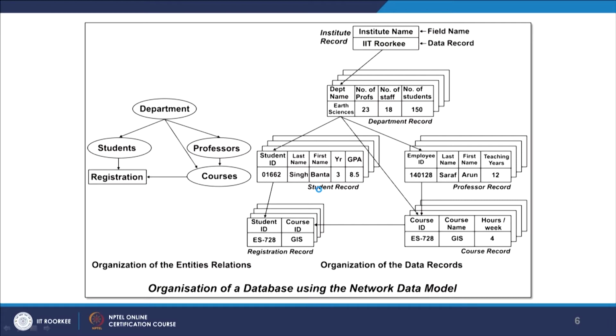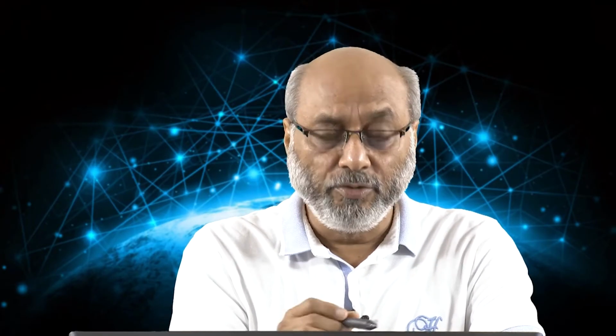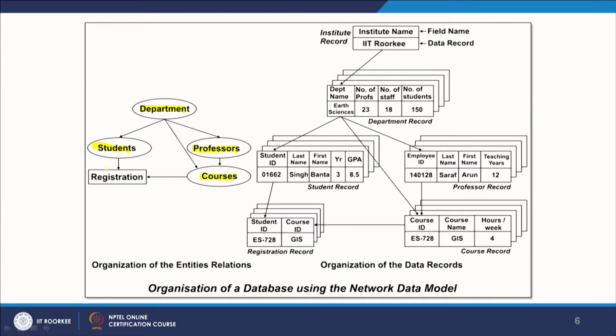Now, I am taking the same example, but how it will be represented in a network data model, that is what we can see. If you recall, there were institute and then department, students, professors, and courses. Now, through registration of the students or their enrollment number, the courses are directly connected, and of course, courses are also connected with professors, and courses are also connected with the department. So, a student of another department would like to take courses, and if the database has been managed like this, then there should not be any problem.